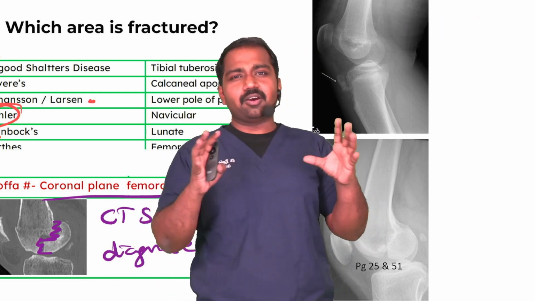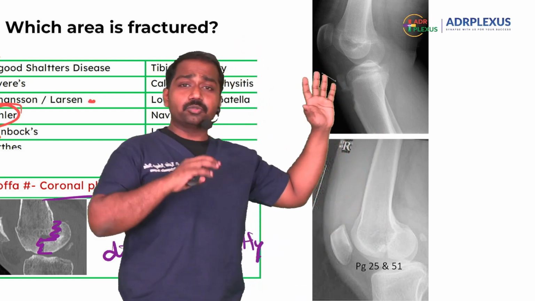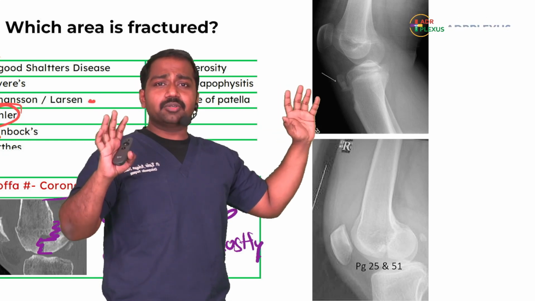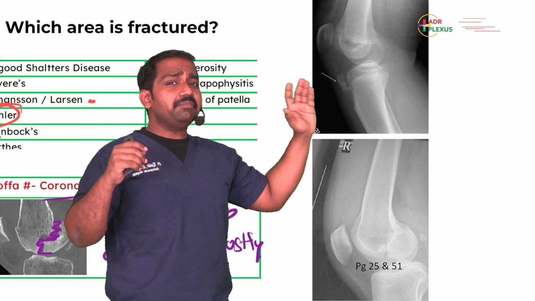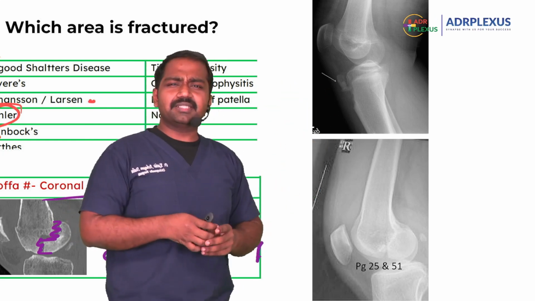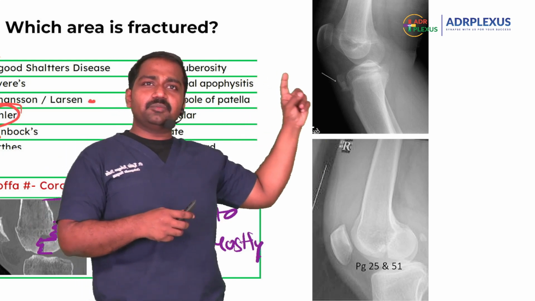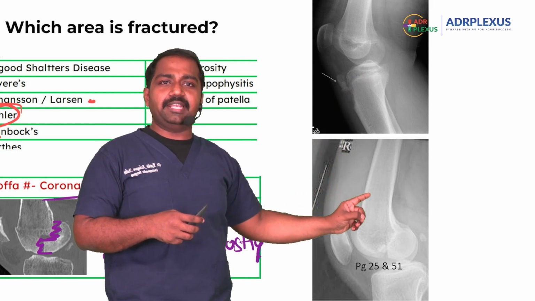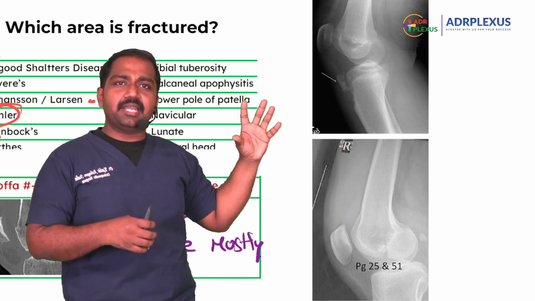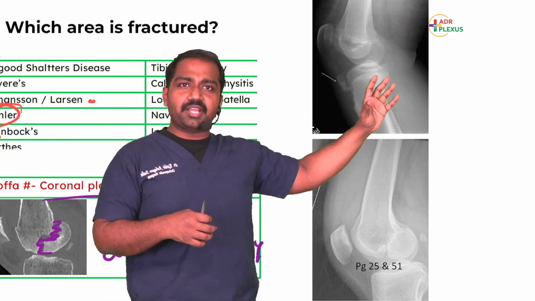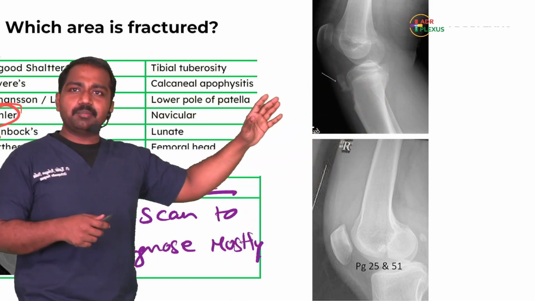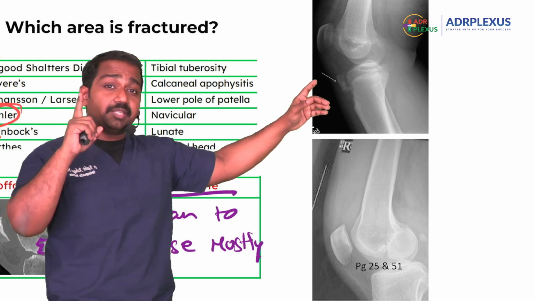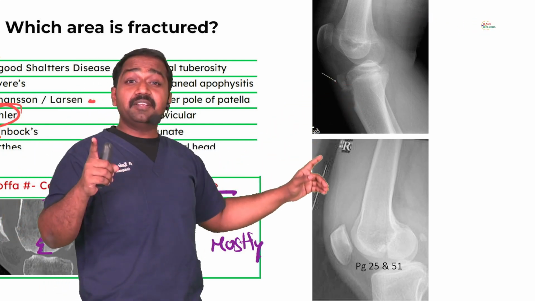Coming on to this question, this is very controversial because they have given a lateral image. So students are very clear, sir, it is only a lateral image, it was not an AP. With the lateral image, explaining Gerdy tubercle fracture is highly impossible. So if this question was asked and they have given you a lateral image of either this kind or that kind, then the answer can either be an Osgood-Schlatter's disease kind of tibial tuberosity avulsion. By anatomy you can see that would be a tibial tuberosity which is avulsed. So the answer for that question can either be a tibial tuberosity, or if they have given this,